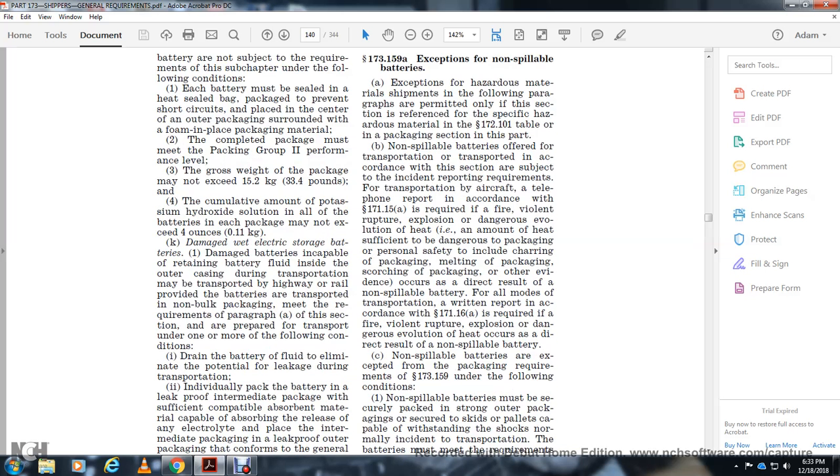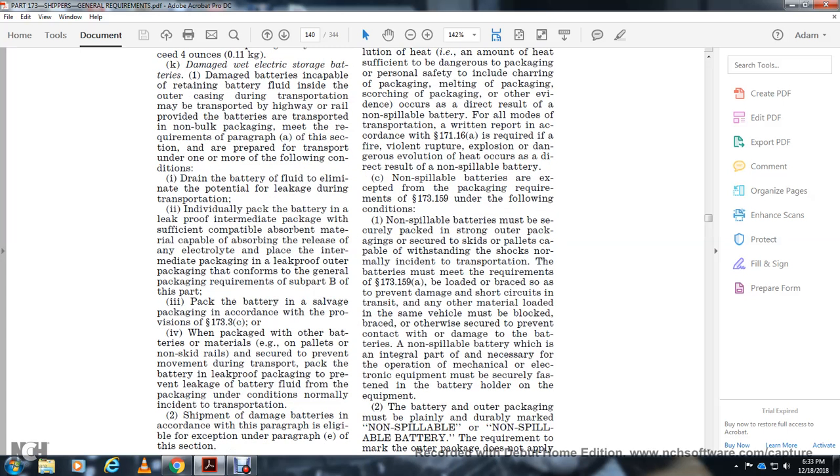Non-spillable batteries, except for the battery package requirements of 173.159, are subject to the following conditions. Non-spillable batteries must be securely packed with a strong outer packaging capable of withstanding the conditions normally incident to transportation. Batteries must meet the requirements of 173.159 and be braced to prevent damage and short circuit, and any other material within the same vehicle must be blocked, braced, and otherwise